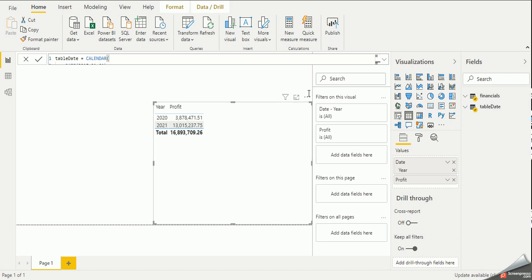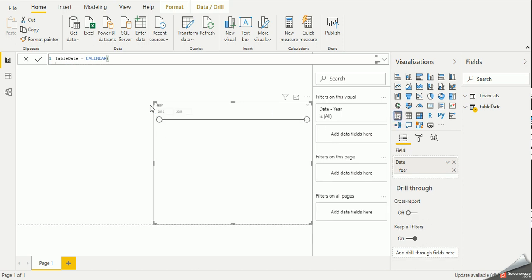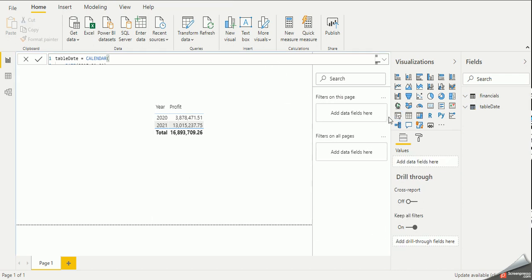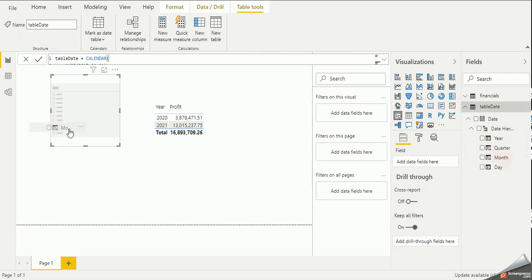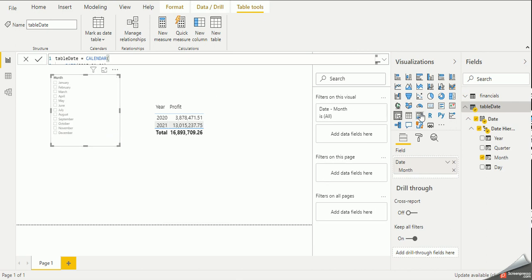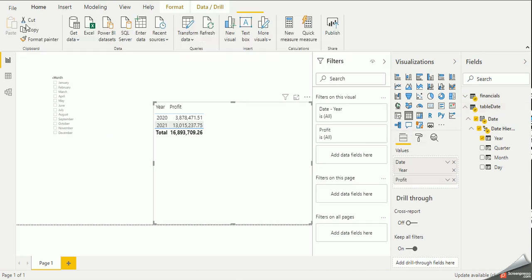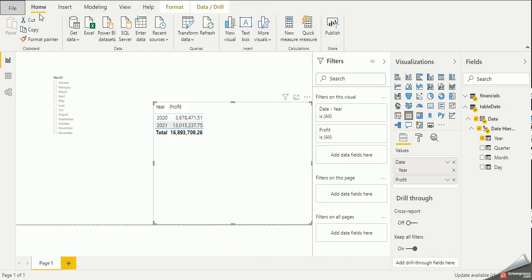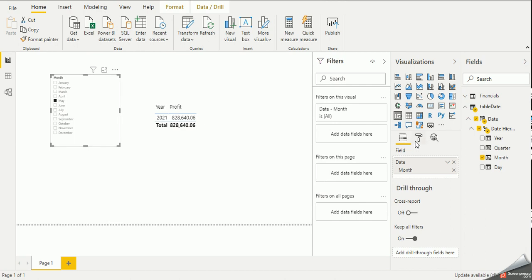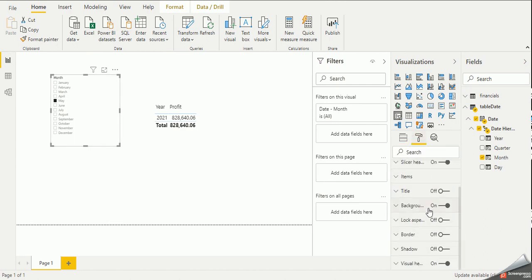One more thing I will explain to you. It's a very easy thing: when I bring a slicer, sorry, control Z, when I bring the slicer over here and I bring the month over here. Let me see, sorry, whether format painter will work or not. No, to resize it.